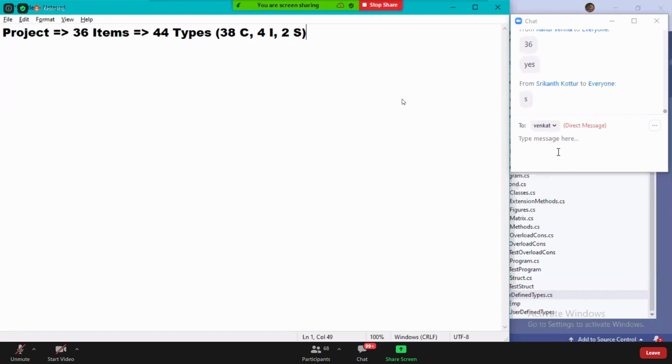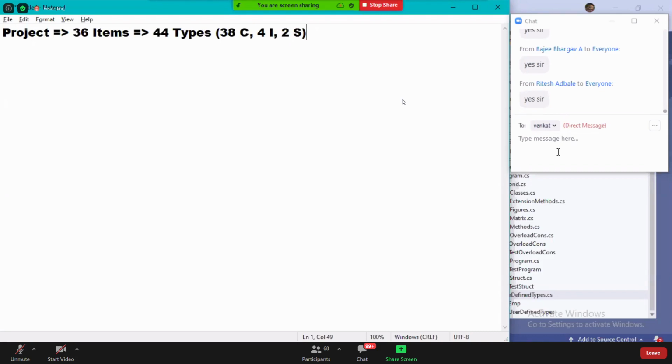Did you understand? So like this, separate modules will be there, and every team will be developing one separate module, and every module will be a project.